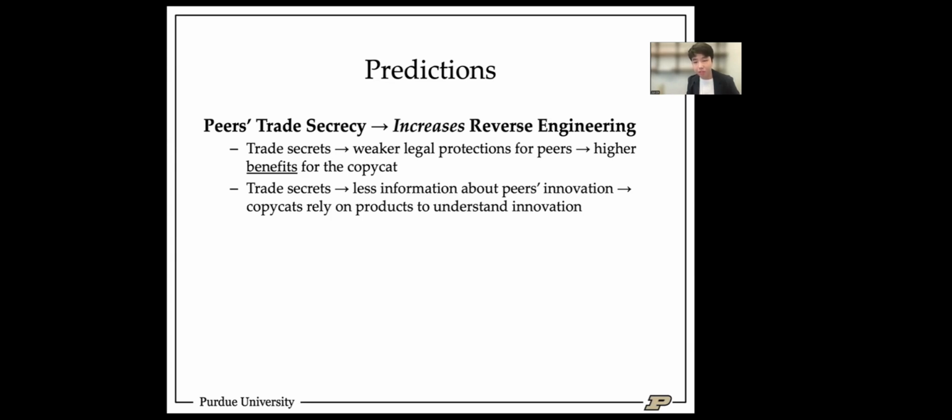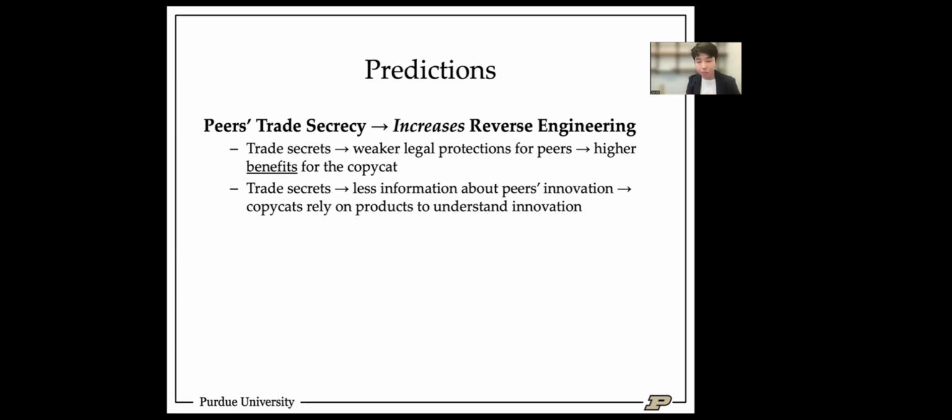As we've seen, if a company is pursuing trade secrets, they typically are not going to be disclosing their innovation through patent filings, meaning that these copycats will now have to find alternative ways to understand competitors' innovations. So we think that there may be an increased incentive for these companies to reverse